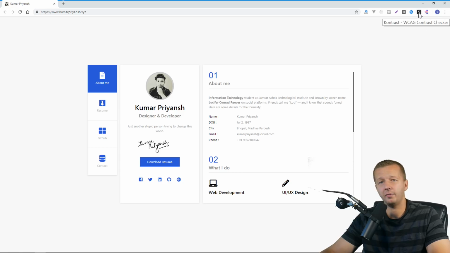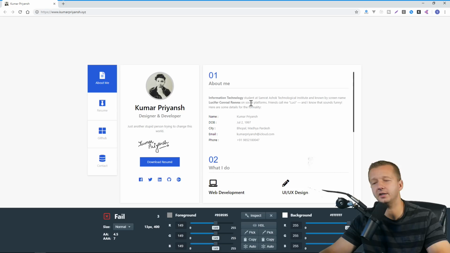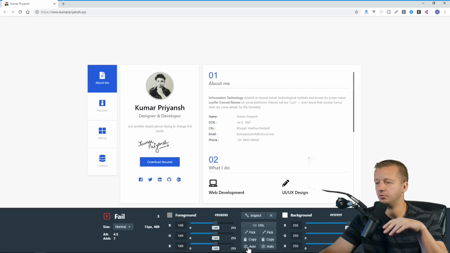One tool that I've been using for these is Contrast, which is a plugin that I covered in a video. What it allows you to do is choose a certain piece of text, and based on the background, it'll let you know if there's not enough contrast. It does this based on specific guidelines from W3C in terms of things like color blindness. It's a pretty good tool to use. If I choose inspect right here, it's going to say fail. There's not enough contrast on this text because you do have it gray. It doesn't mean it has to be black, because if you choose auto,